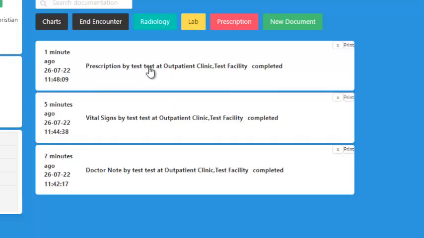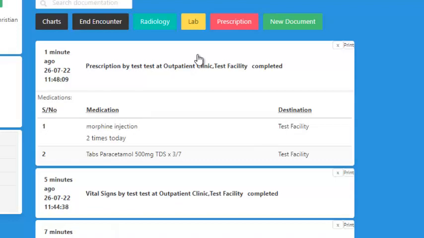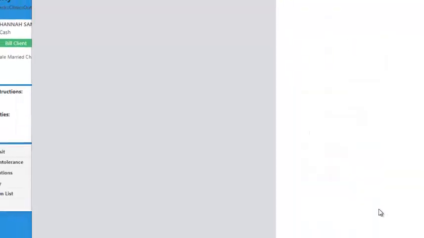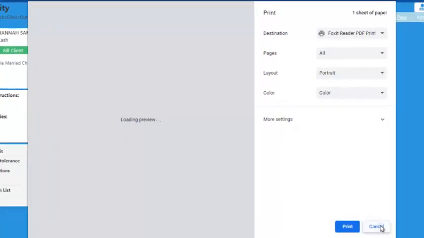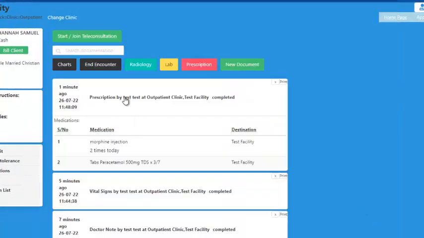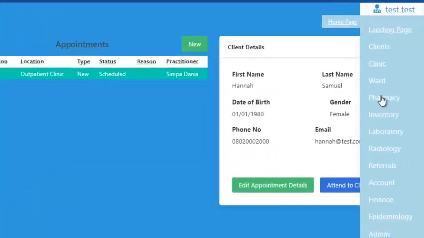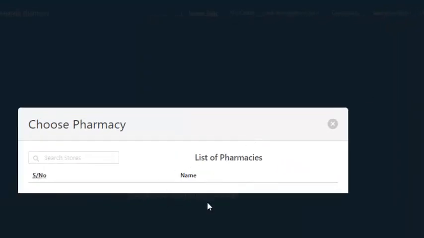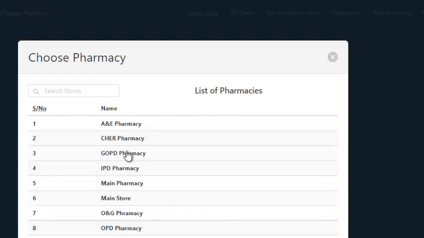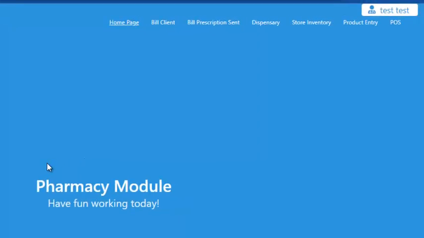You can decide to print out the prescription as well, or you can delete the prescription. Now we're going to go over to pharmacy to show you how to dispense products. So I'll click on pharmacy. I'll go to GOPD pharmacy,